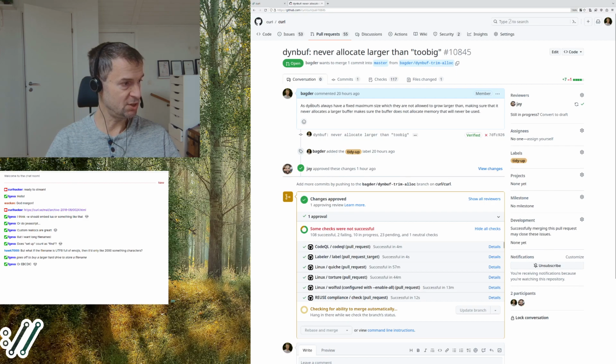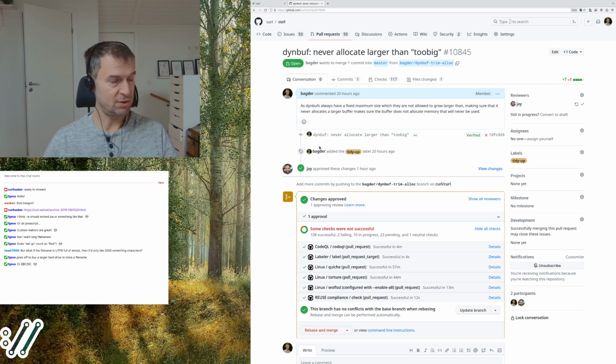This is a fun change, and look, Jay approved it a while ago. So back again to the dinbuff system. Dinbuff has become our generic dynamic buffer system. It's a set of functions to handle a buffer that can grow and shrink, and you can set contents and add contents to it, and it'll just manage that buffer for us. The idea is that we should avoid doing reallocs pretty much everywhere. We should only use dinbuff because the dinbuff system is tested and proven to work. So as long as we use the dinbuffs, we know that it'll handle growing buffers in a safe and proper way.